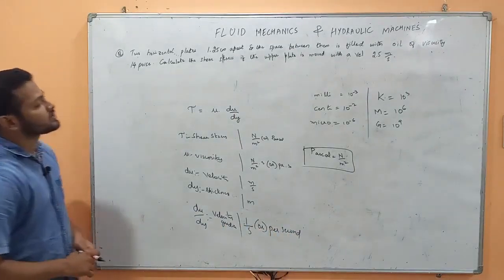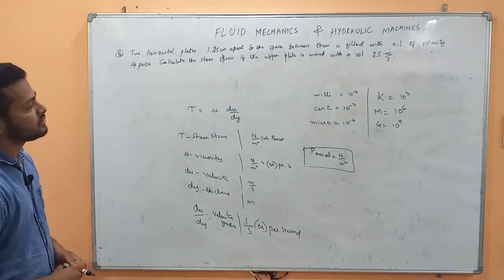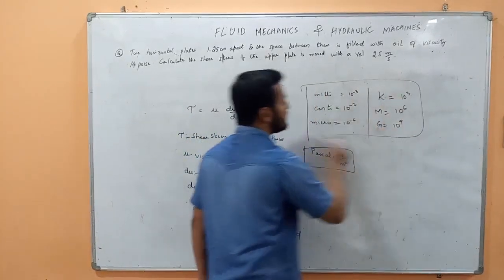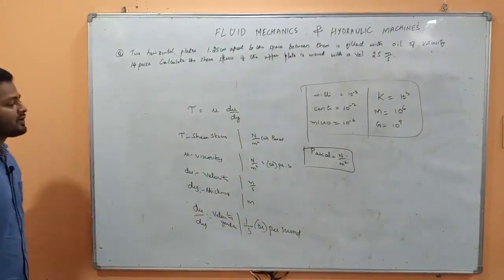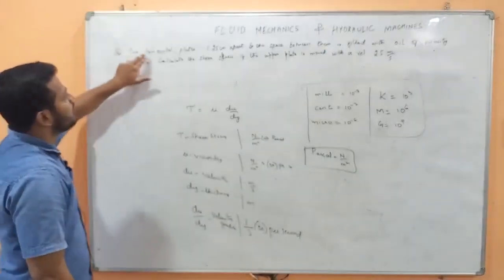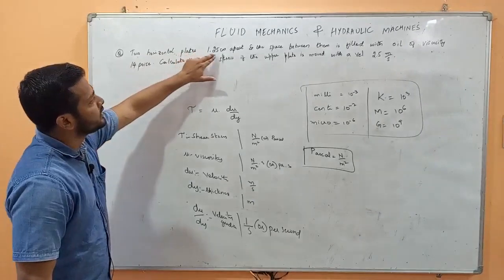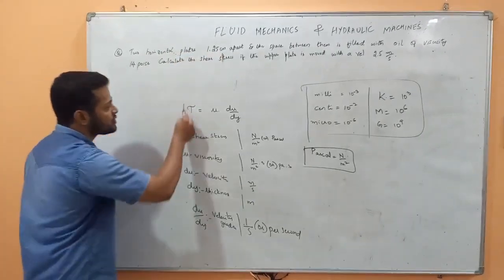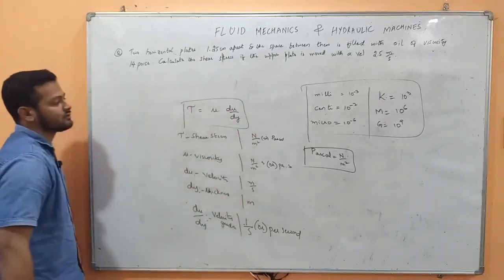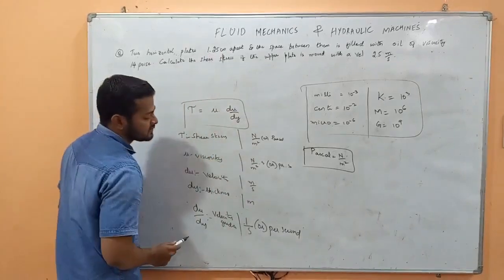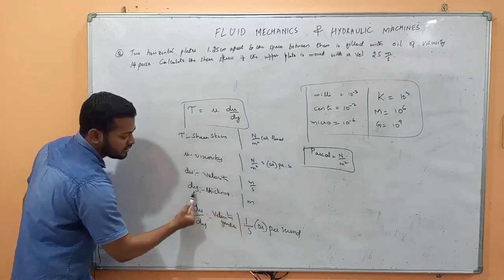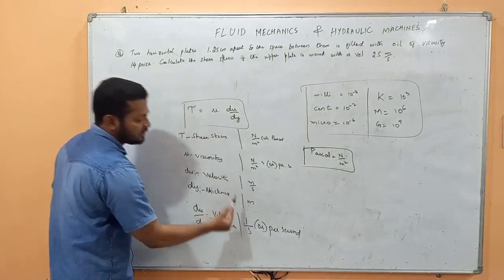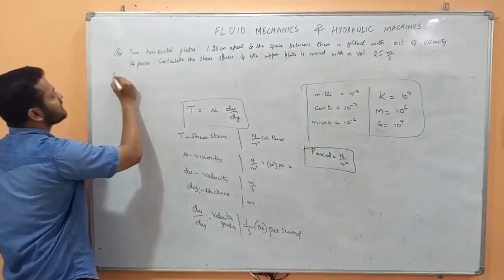Okay. So in this question we will read out the question. For conversions you have to remember only these things. I will use only these simple things to do the conversions. So first I will read out the question. Two horizontal plates 1.25 centimeter. Which of these values has been given in the question? Centimeter, what could this be? This could be dy, because dy SI unit is meter. I can convert centimeter in terms of meter. So what is given in the question?